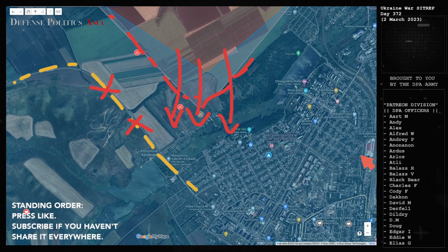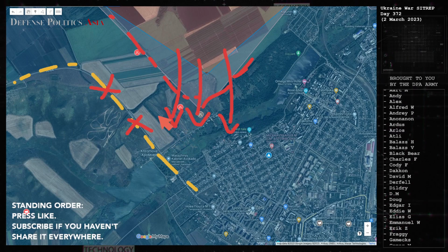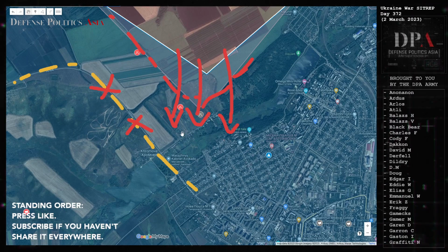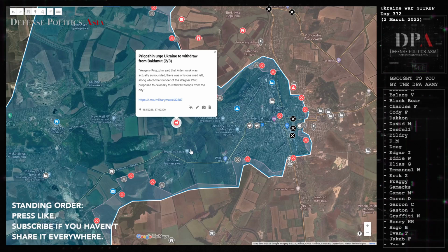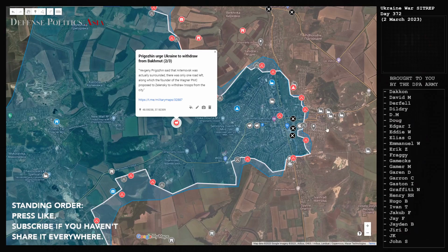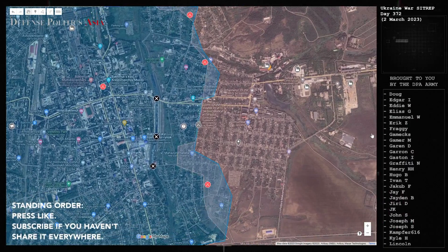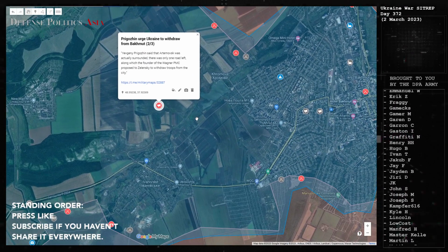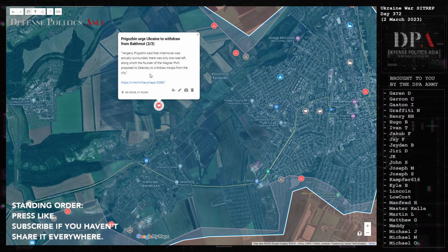So far the battle seems to be still ongoing. There are no reports of a breakthrough by the Wagner forces that are currently attacking this area here. However, Prigozhin, the leader of the Wagner private military contractors, put out a statement. He was standing on top of one of these high buildings, maybe around here. So around this area here, he was, and he made a video urging Zelensky to actually withdraw the Ukrainian troops